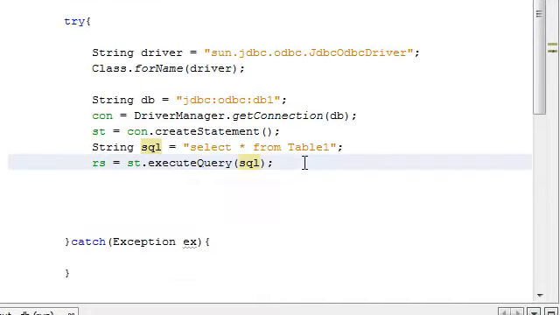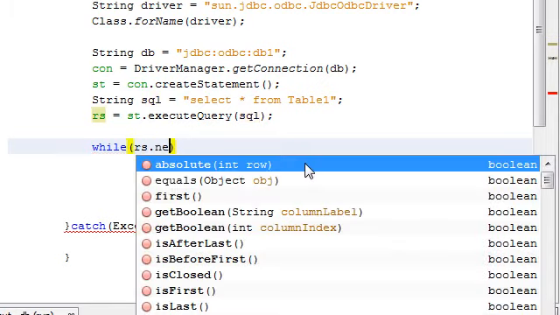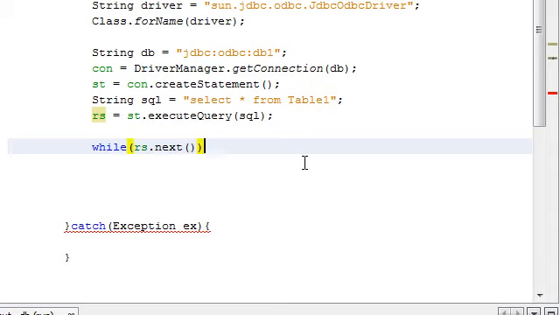Now connection to our database is done, but how do we know if the connection is working? So to make sure the connection is working, we can print all the records inside our database. Remember, in the first tutorial we entered 3 dummy records in our database. Now we will print those records. So I will use while. It will go through all the records in the database: while rs dot next, while there are records in database,